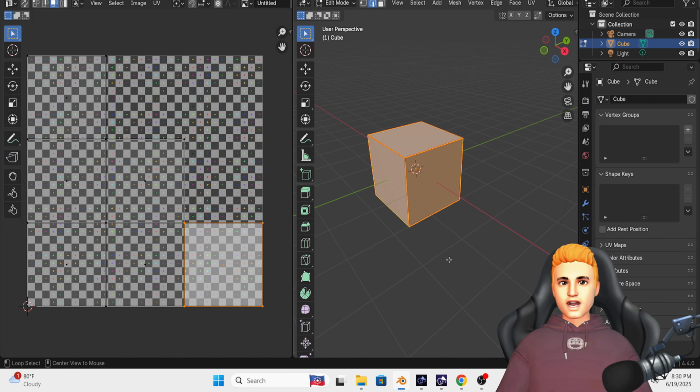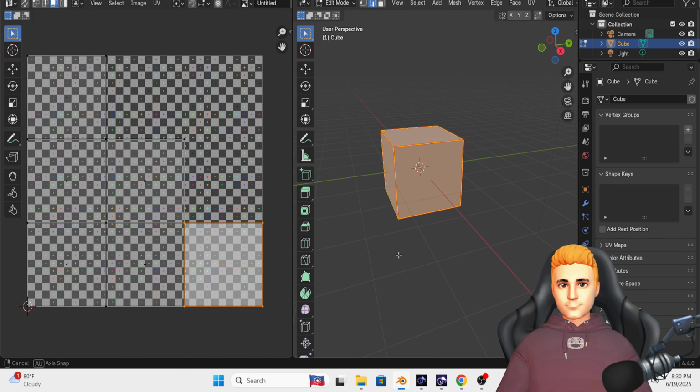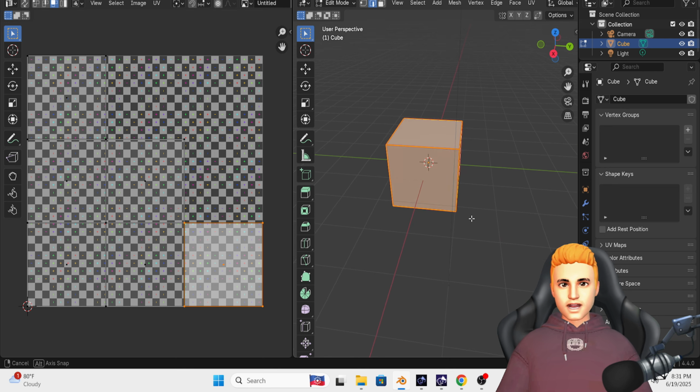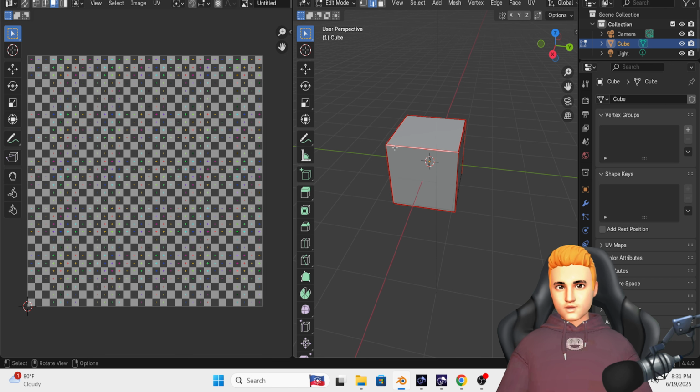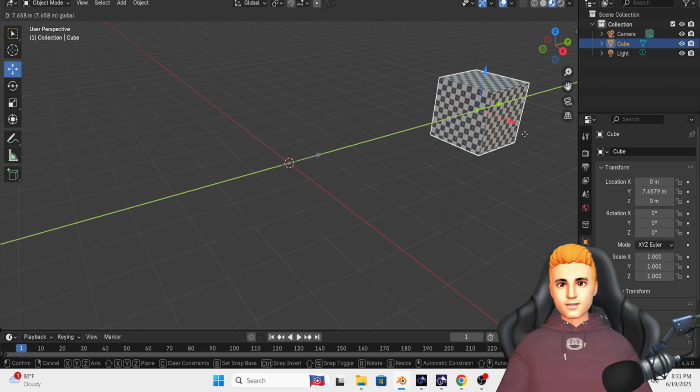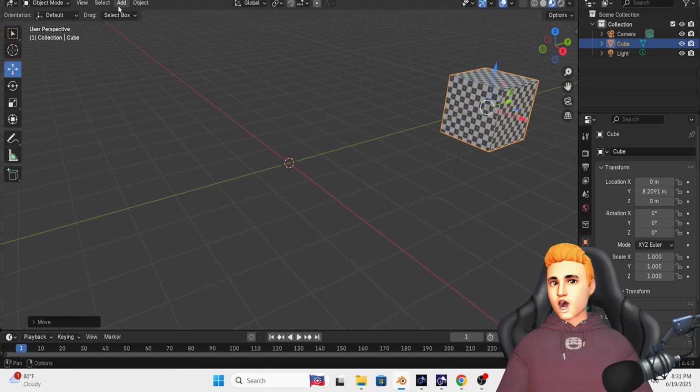So for unwrapping, we just have to place the seam and then press U and unwrap angle base. You have to click on this unwrap angle base to unwrap a model. So this is all about unwrapping. So we just have to move this box here, and now I will show you how to create a spring